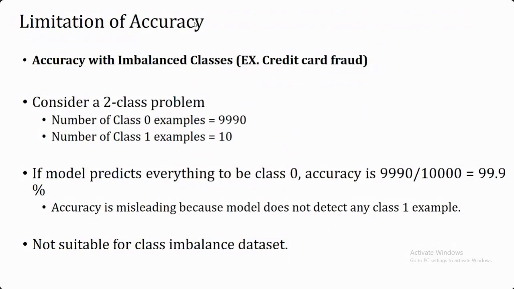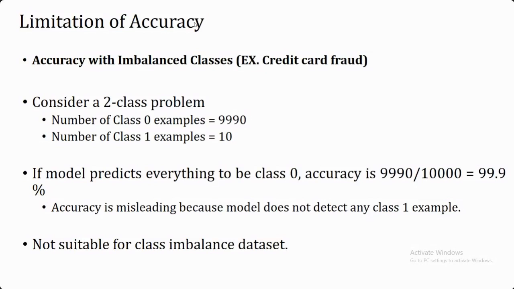Now, each of the performance measures, which we will be covering in the coming slides also, has its own advantage and disadvantage. If we consider the disadvantage with respect to the accuracy measure, we can't simply quantify the performance of my model, or compare the performance of two different models, based upon the accuracy, because accuracy is good for your balanced data set, but it is not working well for your imbalanced data set.